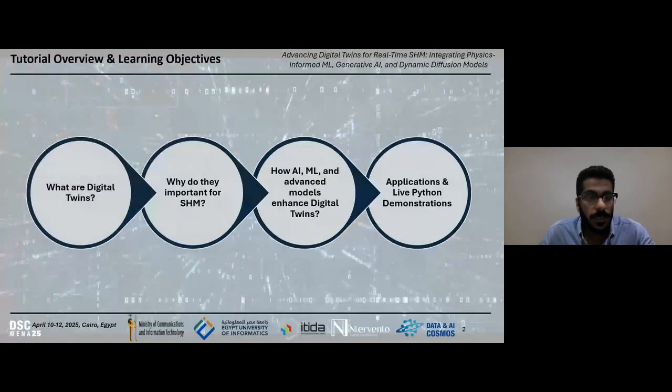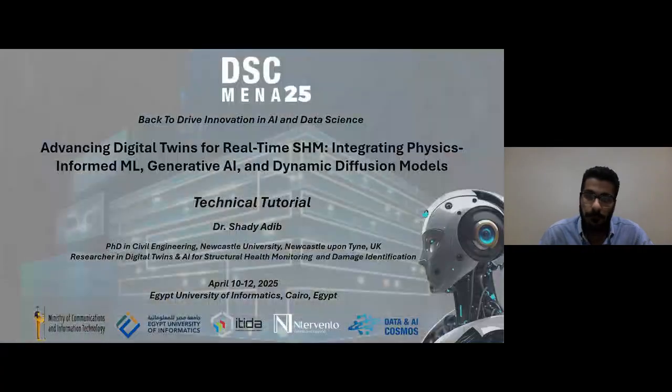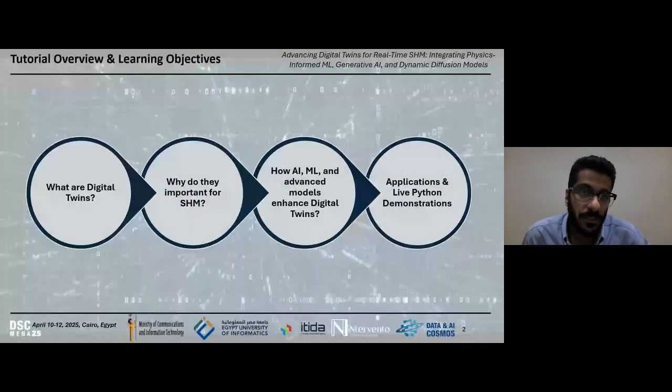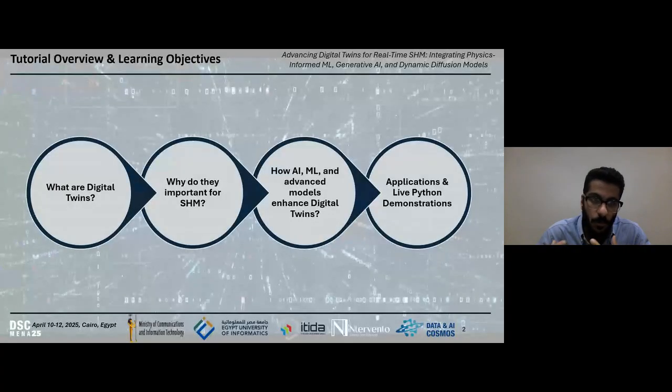Regarding the tutorial agenda, we follow a structured journey. We will start by building a strong foundation on what digital twins are and why they are important in the context of structural health monitoring, or in civil engineering more broadly.